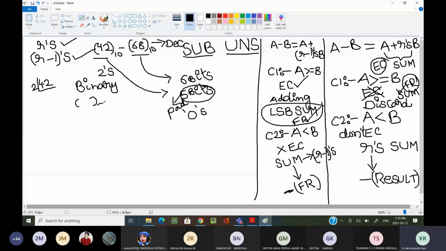Now both the numbers are in binary. Now what type of subtraction is he asking? R's complement. Now the remaining everything is the same as what we have discussed. R's complement subtraction. First thing you have to do is, in your notebook, calculate the binary number for 42 as well as 68 and tell me. Then we are going to do the remaining things.